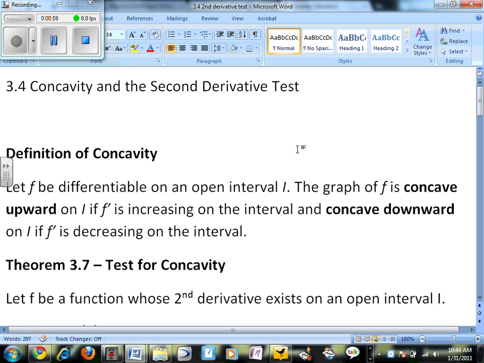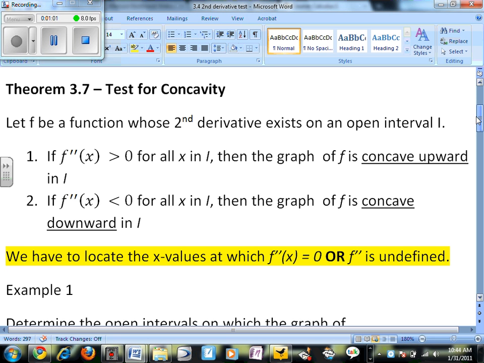We have a test to figure out whether it's concave up or concave down. It says let f be a function whose second derivative does exist. We take the second derivative, we pick a point in an interval, and if the second derivative is greater than 0, then it's going to be concave up. If the second derivative is less than 0 at that point, it's going to be concave down. So what we have to do is locate the x values at which the second derivative is 0 or undefined,